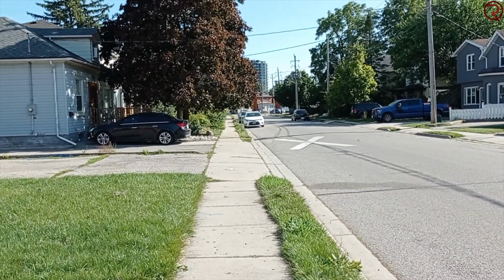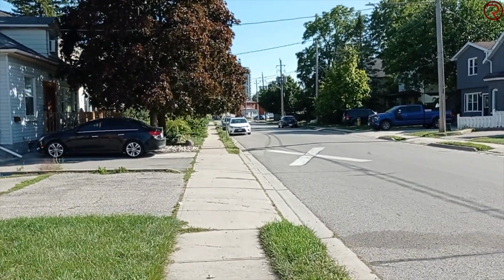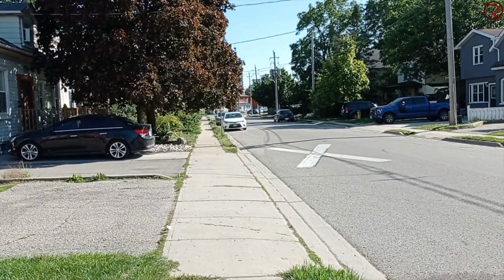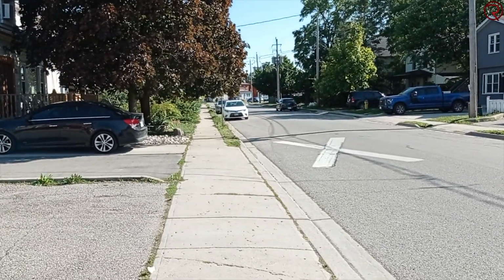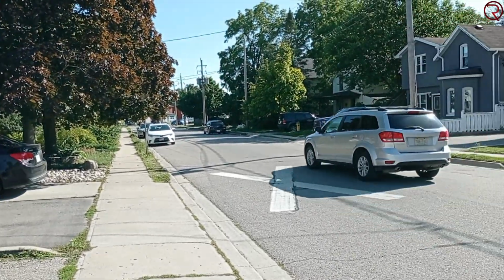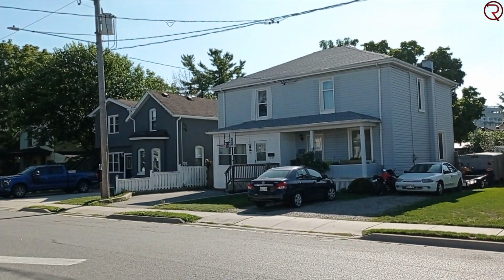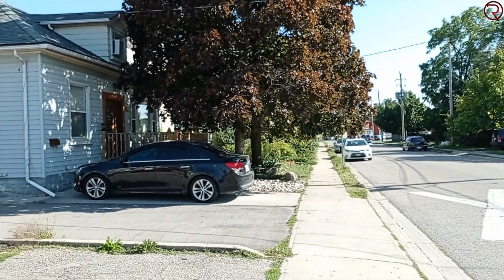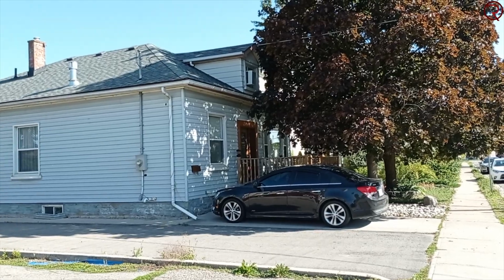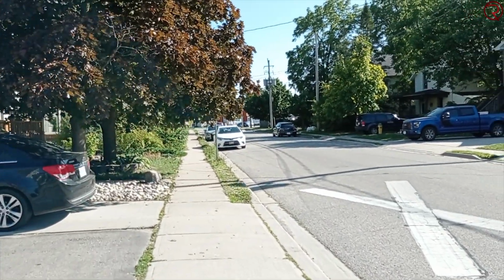So the maximum recording resolution for this device is 1080p, but it seems that we have image stabilization at that resolution. So I'm walking right now, and there doesn't seem to be any movement or shakiness in the video. So we'll pan right slowly and back left. So yeah, this is how recording in 1080p at 30 frames per second from this device would look like on